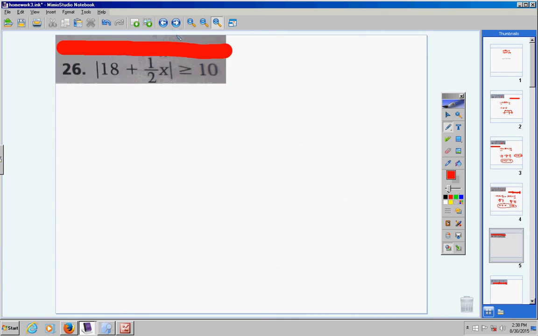Alright, moving on. Step 1, isolate the absolute value. Already done. Step 2, write this as a conjunction or a disjunction. What's pointing to the right? So I'm going to have a disjunction. 18 plus 1/2 x is greater than or equal to 10, or 18 plus 1/2 x is less than or equal to negative 10. There we go. Now let's get x by itself. Bring the 18 over. It becomes a negative 18, so I'm left with 1/2 x is greater than or equal